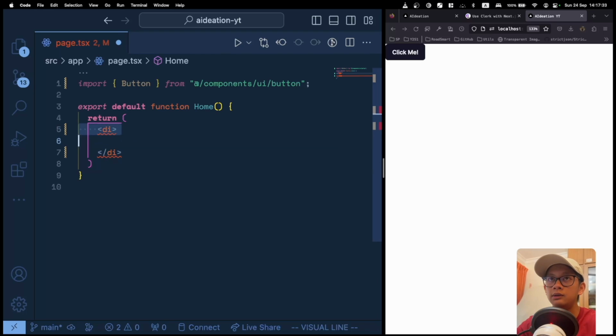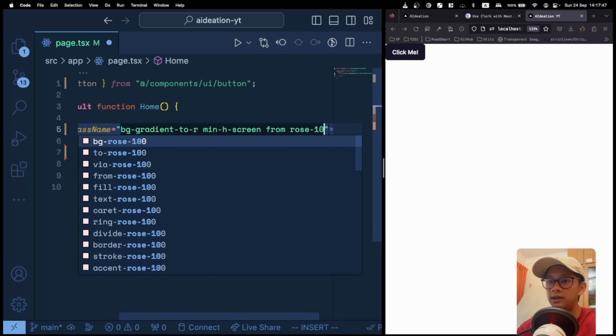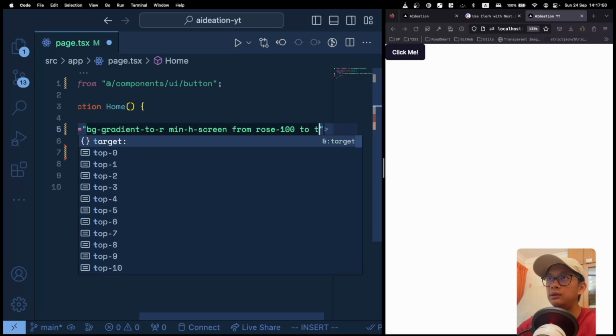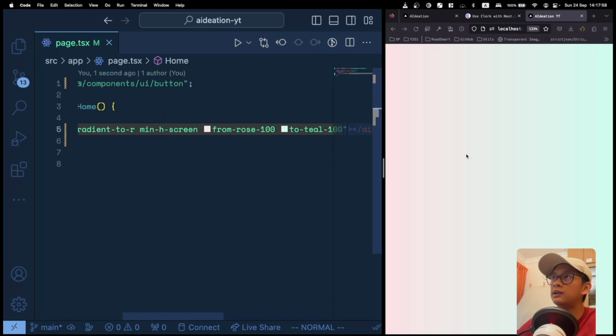Right, sorry, this will be a div. So this div, let us give it a class name of bg-gradient-to-r, so it goes to the right, and let us give it a min-h-screen, from-rose-100 to-teal-100, right? So if you save it right now, you can see there's this nice gradient from this rose color to this